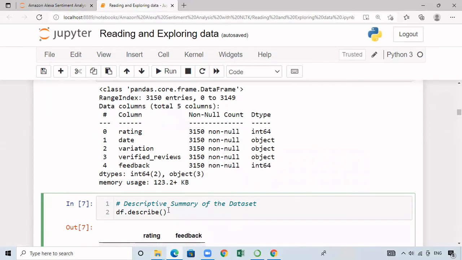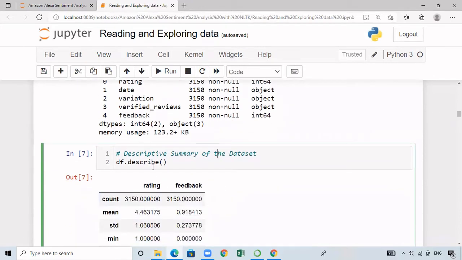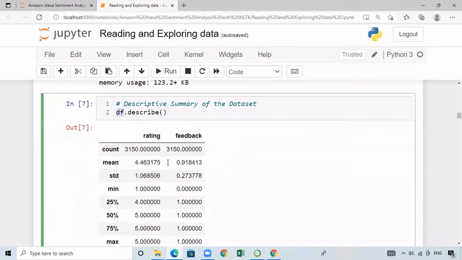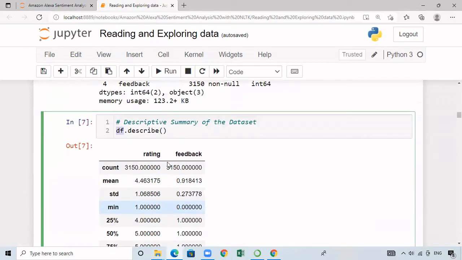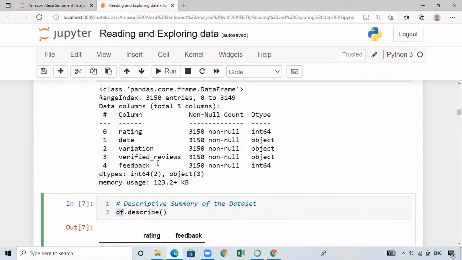And now you can find a descriptive summary about your data set. It is going to display the statistical information that you can achieve with the help of the function called describe. You can call this function with the help of the pandas data frame we have created, df.describe. This is going to tell information for the columns which are having numeric data type. So here we have 2 columns with the numeric data type.